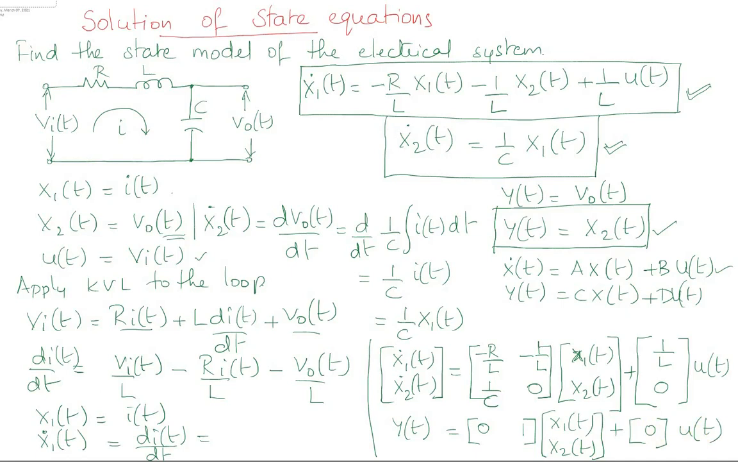So this is how we write the solution of the state equations in matrix form. The first equation is the state equation, the second one is the output equation, and this is the representation in matrix form. So this is a solution for the state model of the electrical system, which has the three components: